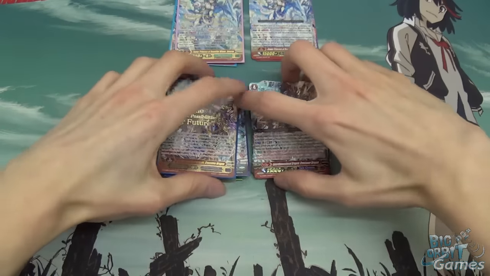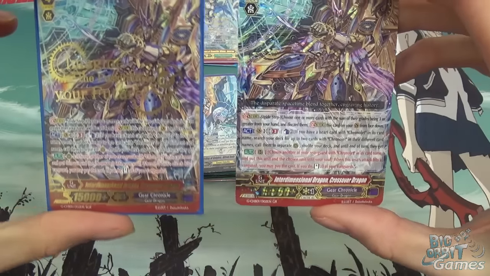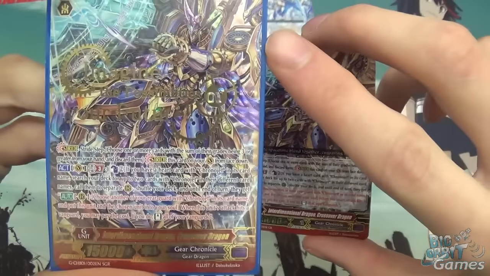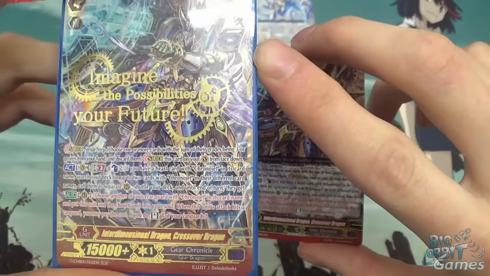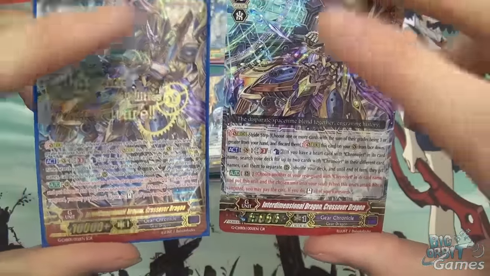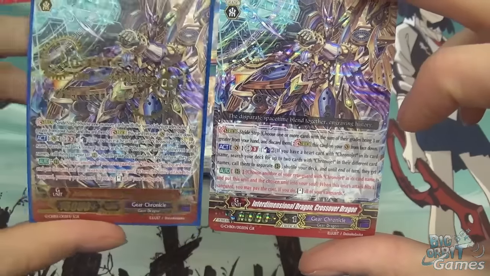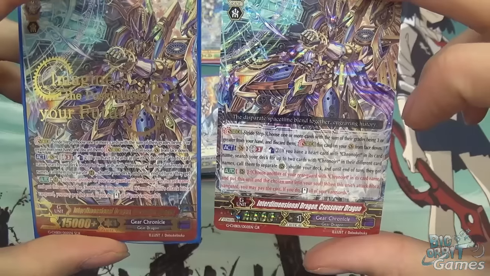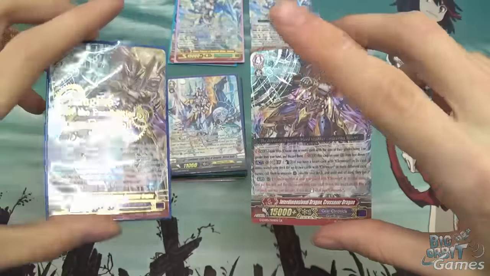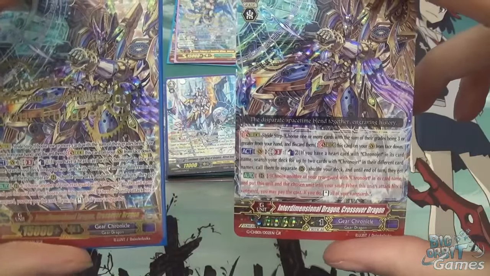And then lastly, for the GRs and SGRs, we have Gear Chronicle Zone, Interdimensional Dragon, Crossover Dragon. And then his golden lettering is quite hard to see actually, but it says "imagine the possibilities of your future." So then his skills are Act, Generation Break 3, Counterblast 2. If you have a heart card with Chronojet in its card name, search your deck for 2 cards with different card names containing Chronojet. So you have Chronojet Dragon and Chronojet Dragon G,